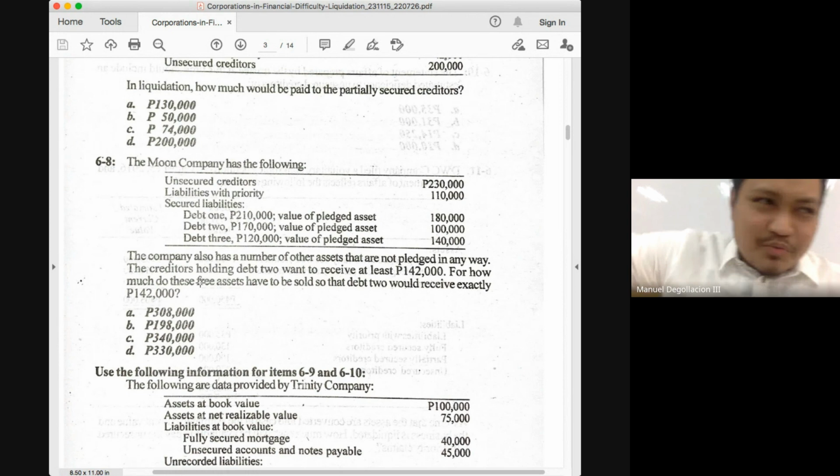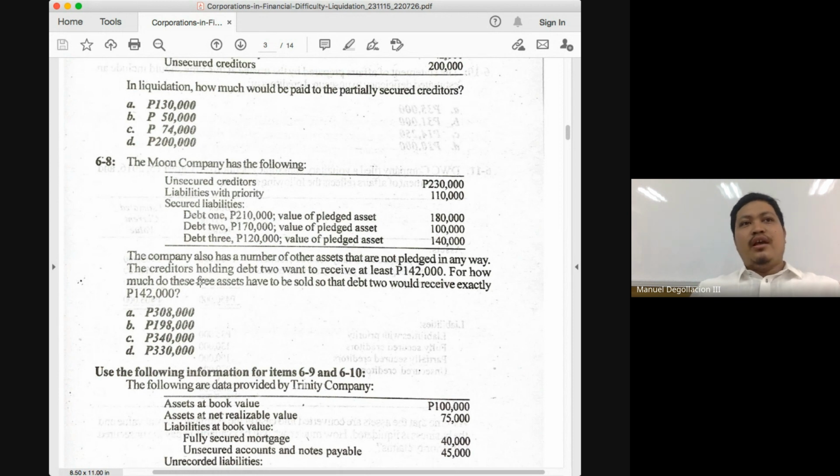So I hope you understand what's happening here. Debt 2 wants to receive 142. It is already guaranteed to receive 100. How did we know that it will receive 100? Because there is an asset pledged for it in the amount of 100. How much does debt 2 want to receive in total? 142. So aside from the 100, it wants to receive an additional 42,000 as payment for what? As payment for the unsecured portion. So the amount of liability is 170. It will be paid 100 from the pledged asset. There will be an unsecured portion of 70. And it is okay that it will just recover 42,000 out of the 70,000